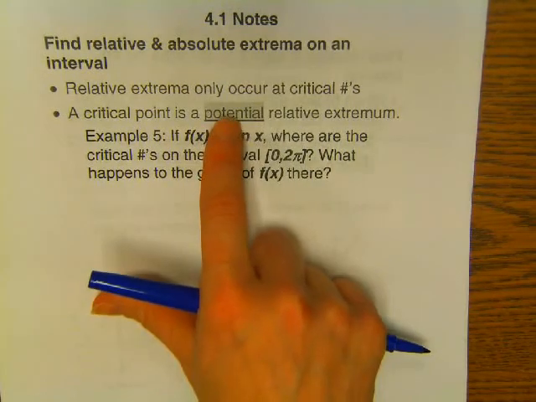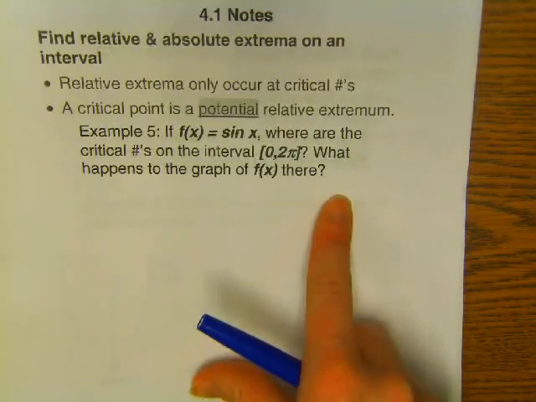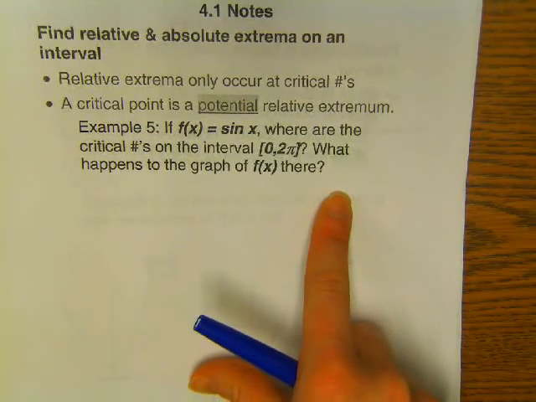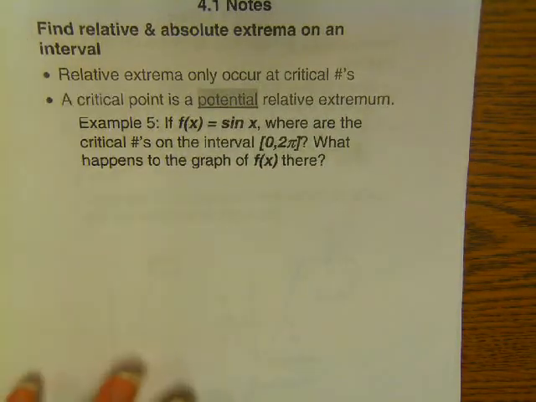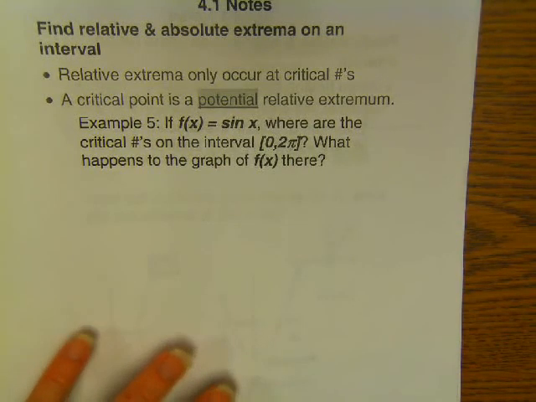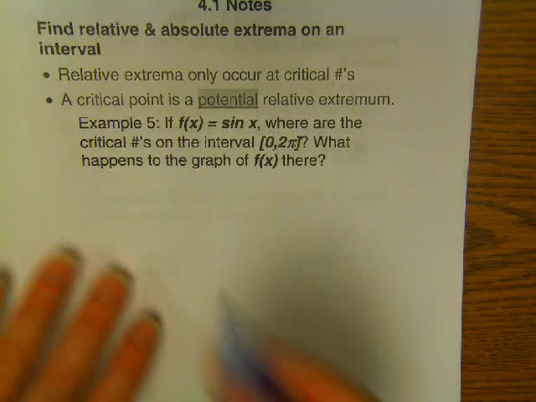So if f of x equals sine x, where are the critical numbers on the graph? So we would be looking for where the derivative is 0 again. First of all, sine is continuous. There is no, there are